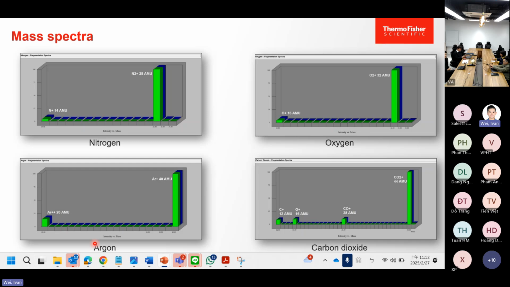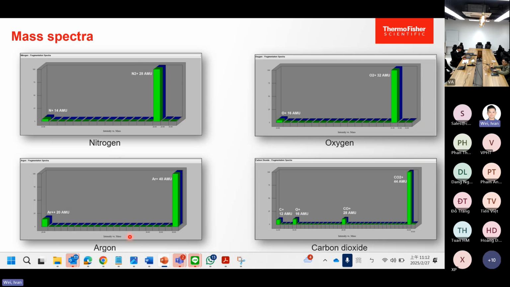Similar to argon, whose atomic weight is about 20, but if there are two argons going through the detector, the molecular weight will be double, 40. Oxygen, O2, when we break it apart, is 16. For the CO2, the molecular weight is 44. Once you break CO2 apart, it can become CO, O2, or carbon. Those are the molecular weights.